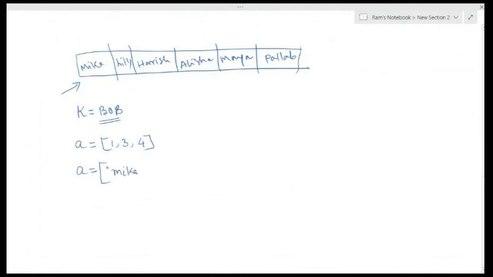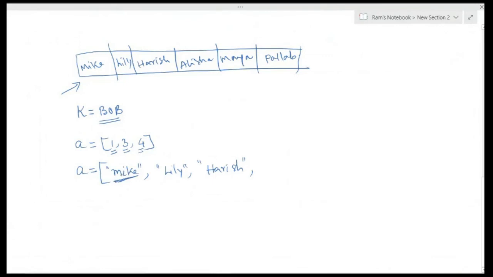So first, you want to create a list of strings where the first name is Mike, the second name is Lily and the third name is Haris. See here, every name I'm writing within double quotation marks. That is a part of the syntax. Now see, when I was creating a list of numbers, I didn't enclose those numbers within any double or single quotation. However, if you want to create a list of strings, a set of characters is called a string, and this name is actually